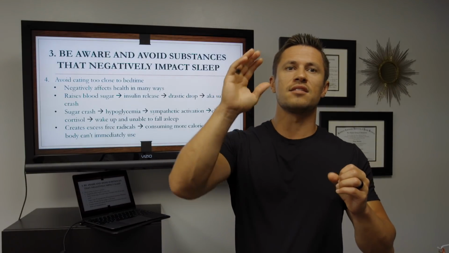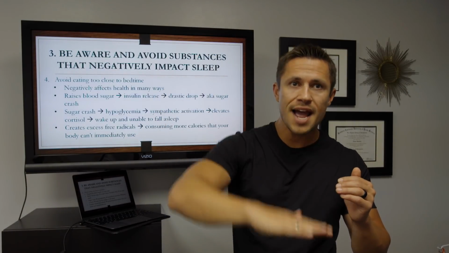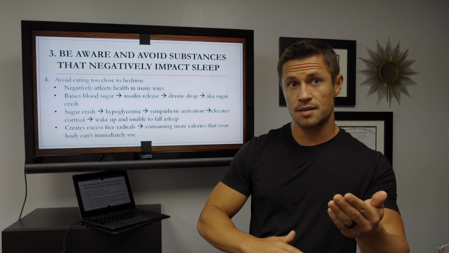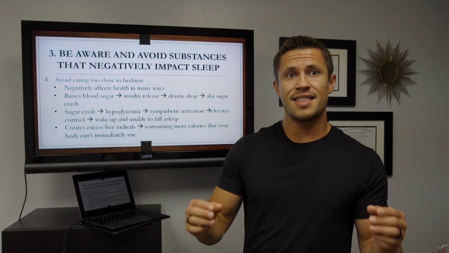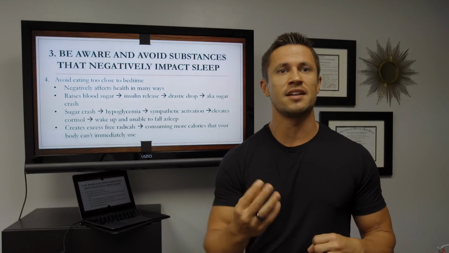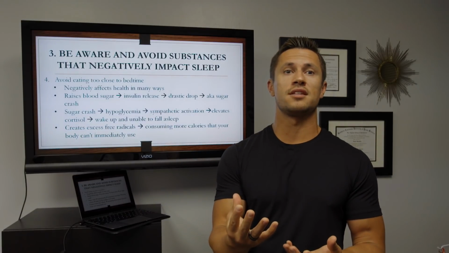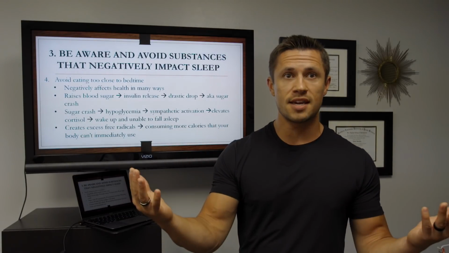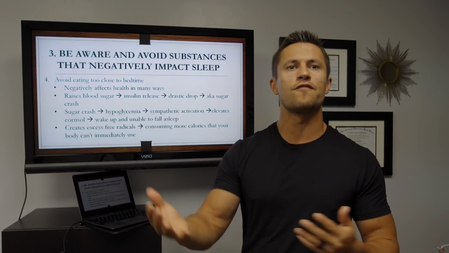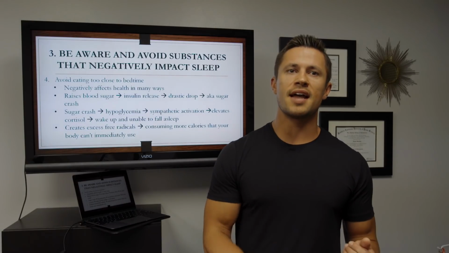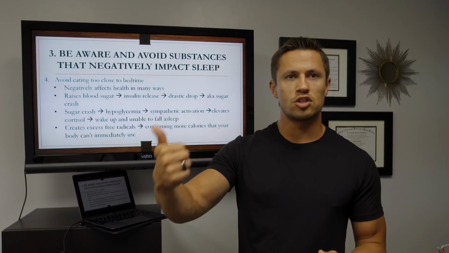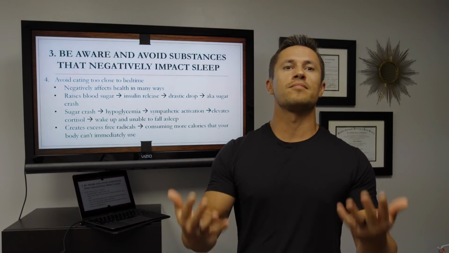So if you overshoot insulin, it's then going to cause a subsequent crash in your blood sugar. When your blood sugar crashes, you get hypoglycemia, which is low blood sugar, and then your sympathetic nervous system, your fight or flight nervous system, actually gets activated and starts pumping cortisol out into your system, which then will cause you to awaken, as well as making it very difficult for you to fall back asleep. So eating before bed can cause reactive hypoglycemia, which activates your sympathetics, increases cortisol, which basically prevents you from sleeping